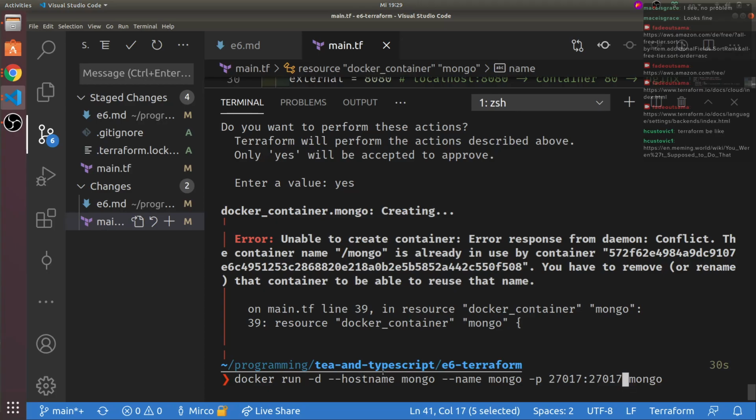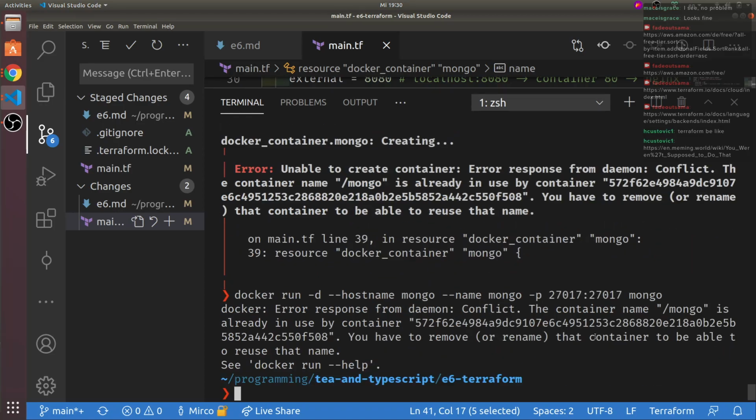In this case, we just want to expose the container Mongo port also on my machine. And then one of these two is the image. I'm not sure which one. Yeah, that's exactly the same one.